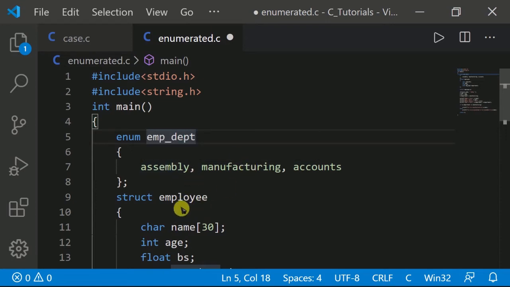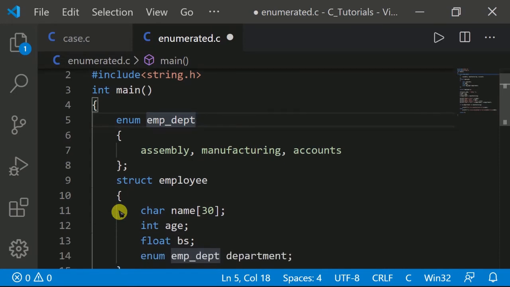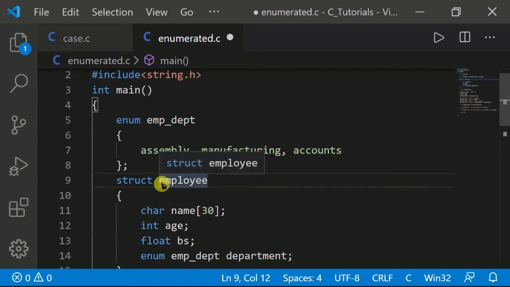After that I go to the struct keyword. I wrote this program to store simple employee basic information.